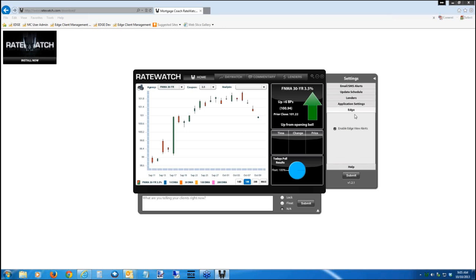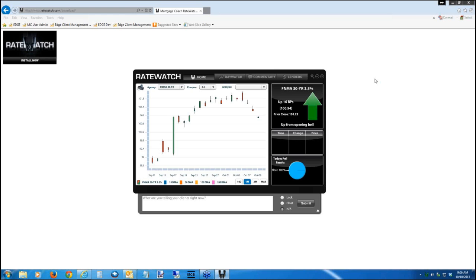And then lastly, you have Edge View alerts. Now, if you check the boxes on your Edge presentations to be notified when one of your reports is viewed, you'll get a pop-up alert in RateWatch as well as an email. If you check the box here, you'll get that pop-up. If you uncheck it, you won't get the pop-up anymore. Just remember, when you're done with your settings, make sure and hit Submit, and then you are good to go